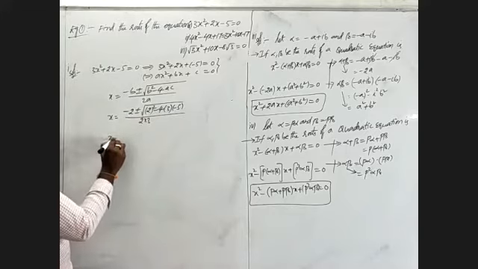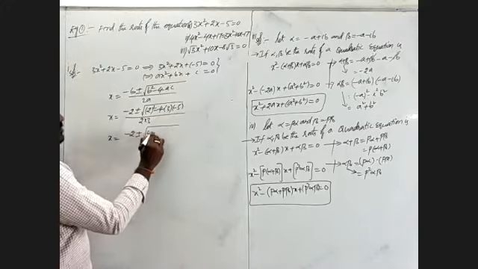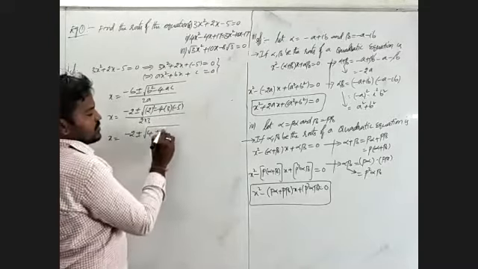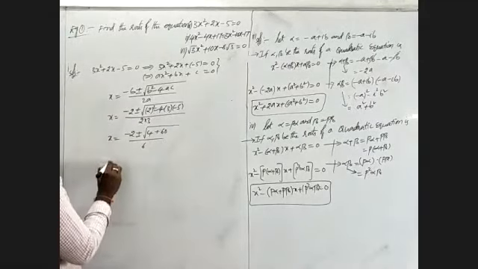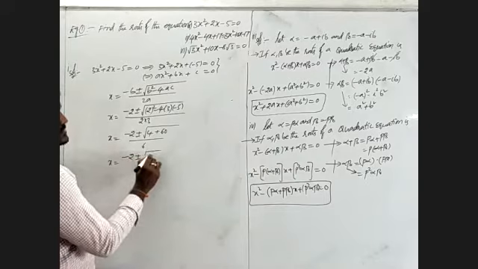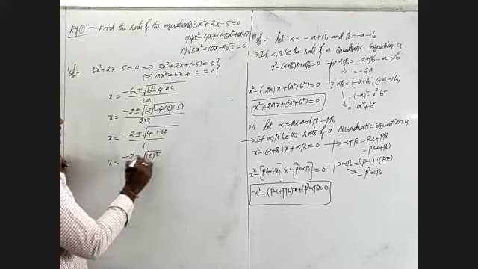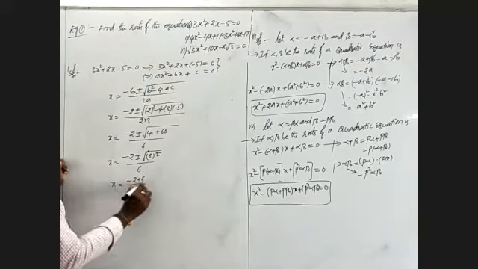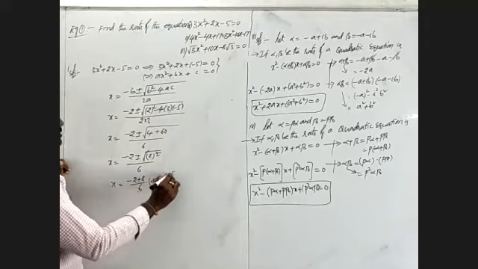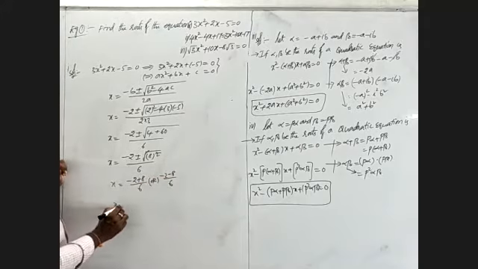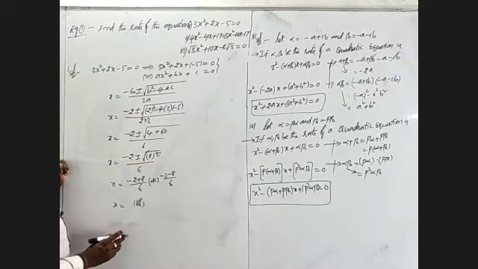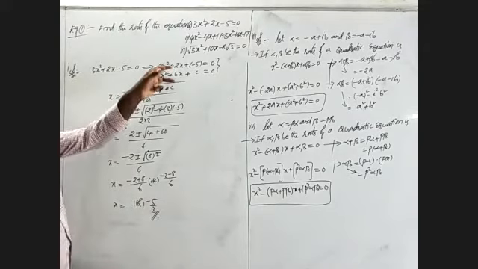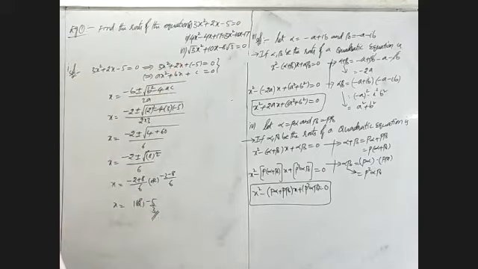Expanding this, I will write minus 2 plus or minus root of 4 minus into minus becomes plus, 3 5 15, 15 4 60, by the denominator 6. That is minus 2 plus or minus root of 64, which is nothing but 8 square. Square and root cancel, remaining 6. That is x equal to (minus 2 plus 8) by 6 or (minus 2 minus 8) by 6. That is x equal to 6 by 6 is 1, or minus 10 by 6, which is minus 5 by 3. The degree of the given equation is 2, and the roots of the given equation are also 2.